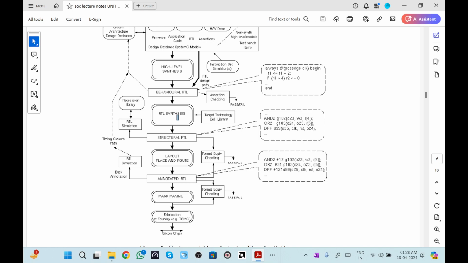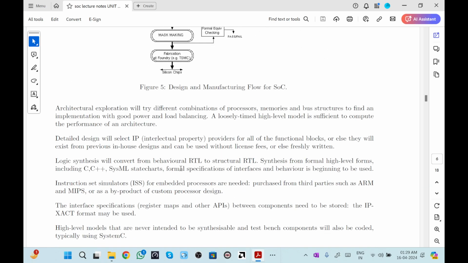Likewise, we also have a similar structure which is used to check the properties of different blocks. This is a mechanism in which assertions are basically statement conditions through which we check whether the condition passes or fails. Then we have formal verification, where we also check whether the conditions are being satisfied or not. We again go with formal verification just to verify whether all the previous testing of the code has been fully covered. So this is all about the design and manufacturing flow of the SOC environment.